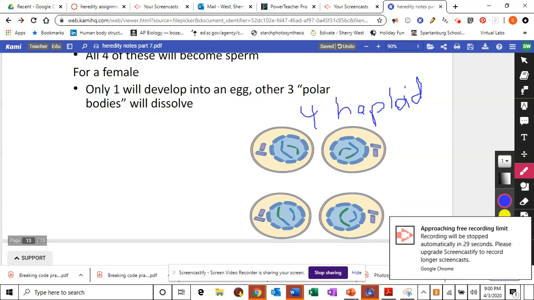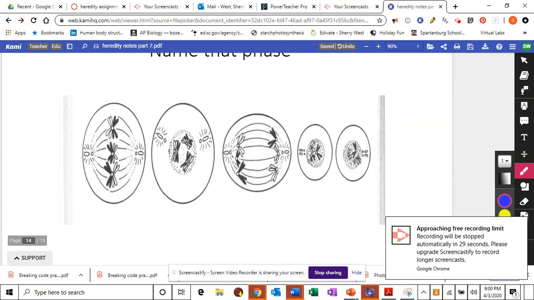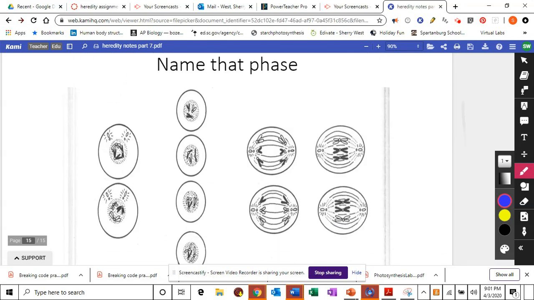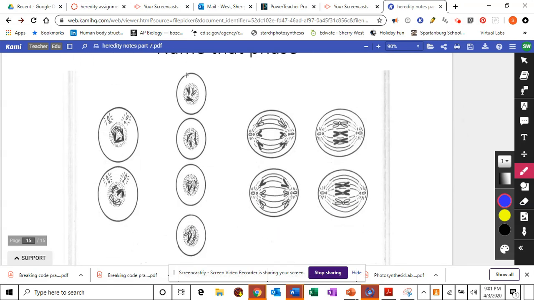So you're going to use this to practice identifying phases. For example, this one has these little tetrads formed together, so that would be metaphase 1. And this one has them pulled apart, so this must be anaphase. This must be telophase because they both look the same. Telophase 1, got prophase 1 here. And you can practice naming these here. I see 4, so that must be telophase 2, prophase 2,